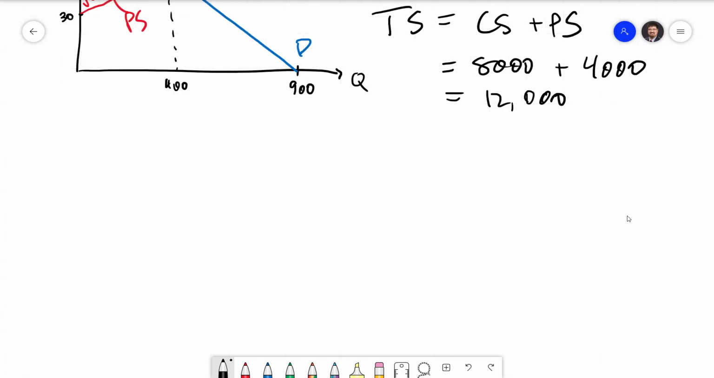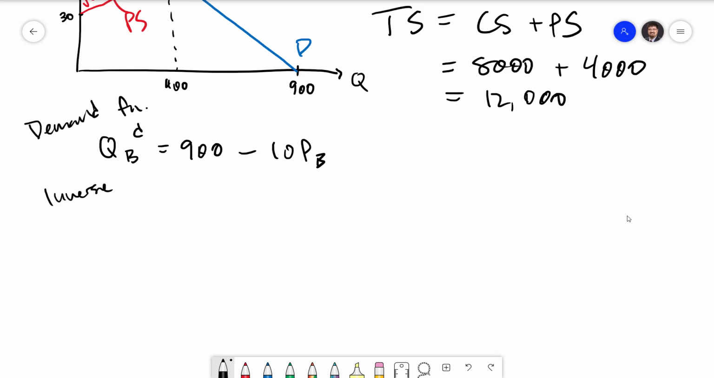Another way we can approach our supply and demand is with the inverse functions. That is the inverse demand function and the inverse supply function. This just means that we take our regular demand and supply functions and we solve them for price instead of quantity. Let me show you an example for our demand function. Our demand function is QBD equals 900 minus 10 PB. This is our demand function. To get the inverse demand,